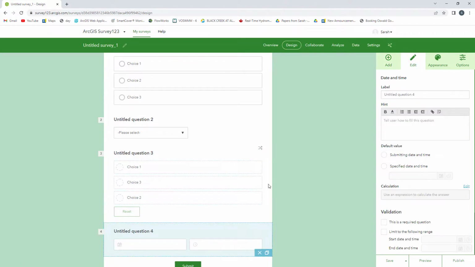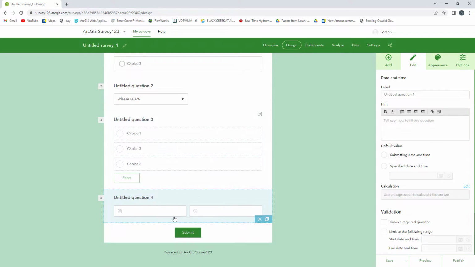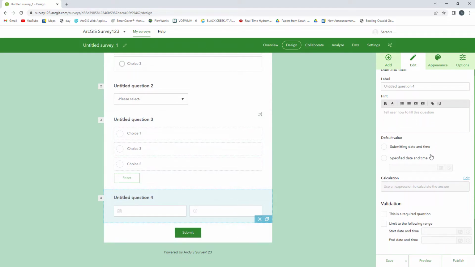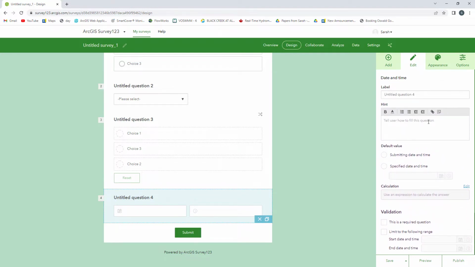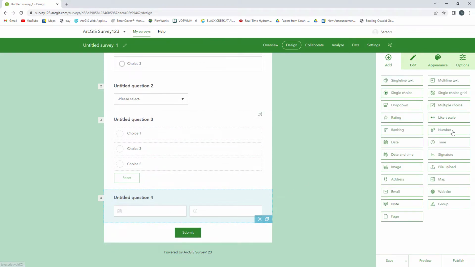You can include the date and time in the survey. I find this is really useful to have as the first thing. The great part about adding the date and time is that Survey123 can just take the date and time and preset it. That means that the user doesn't have to fill this out every single time. You can also have